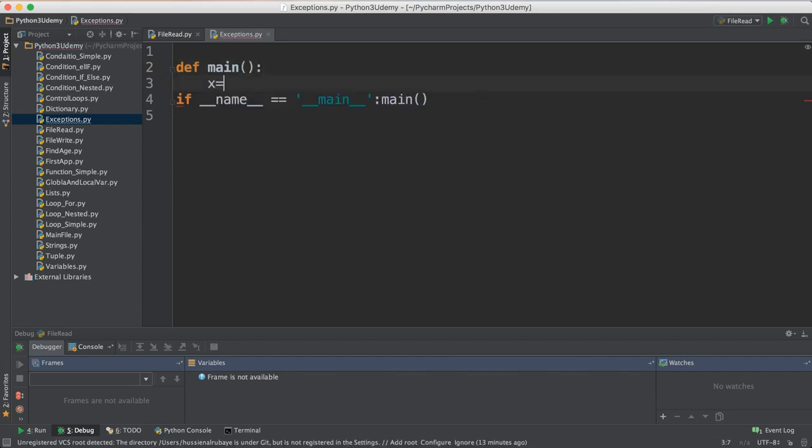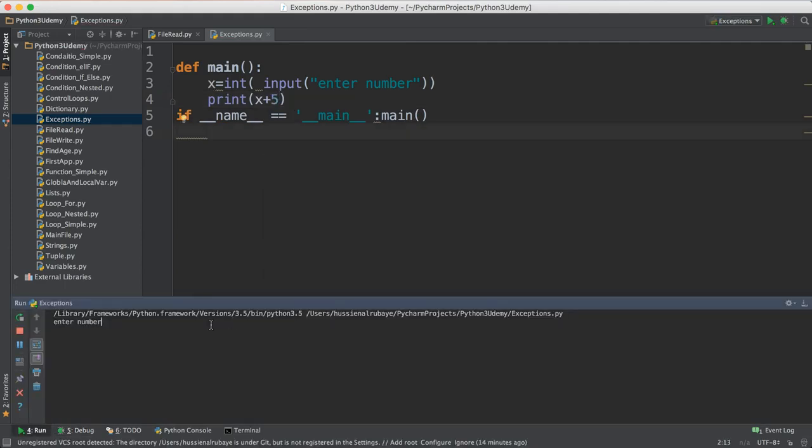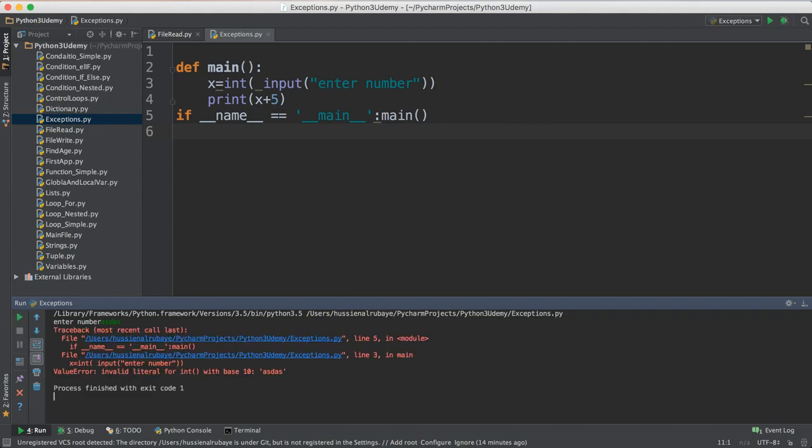So there is input. x will be equal to something input from the screen. I say enter number. Okay, but you think the input should be an integer, so you have to convert this data to an integer because you expect x to be an integer. Then you say, hey, print x plus 5, and that's what you expected. If you run it, that's totally okay. If the user enters 10, you show 15, but if you rerun it and they enter a character,